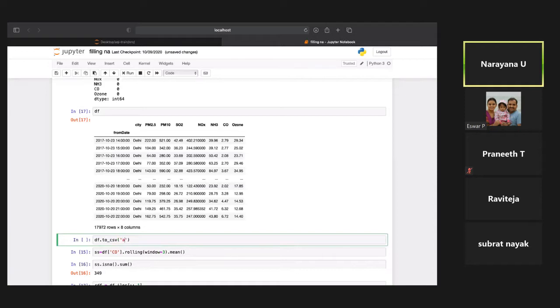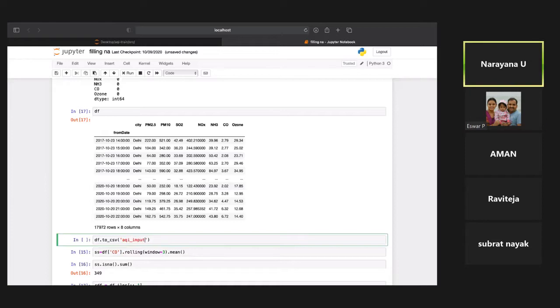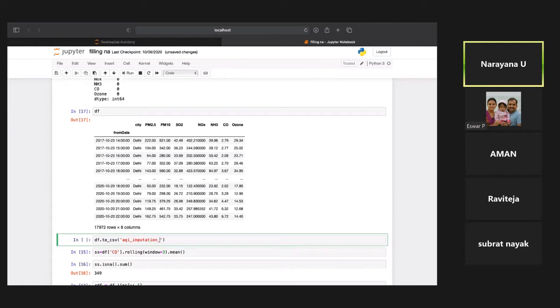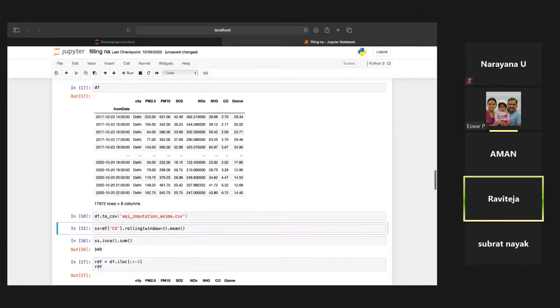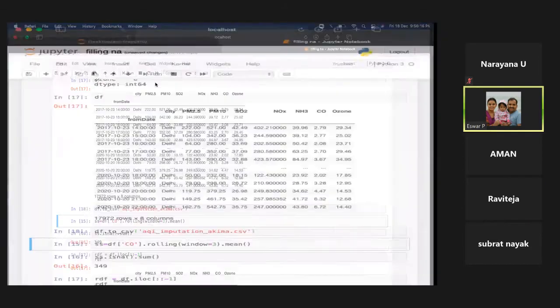Put the model and imputation in one word: AQI underscore imputation model, so imputation Akima dot CSV. Even we can see that it is nearly 18,000 rows, so it is good.